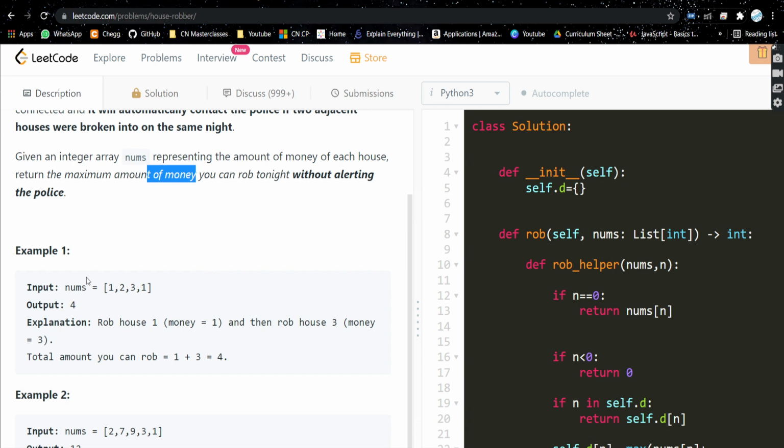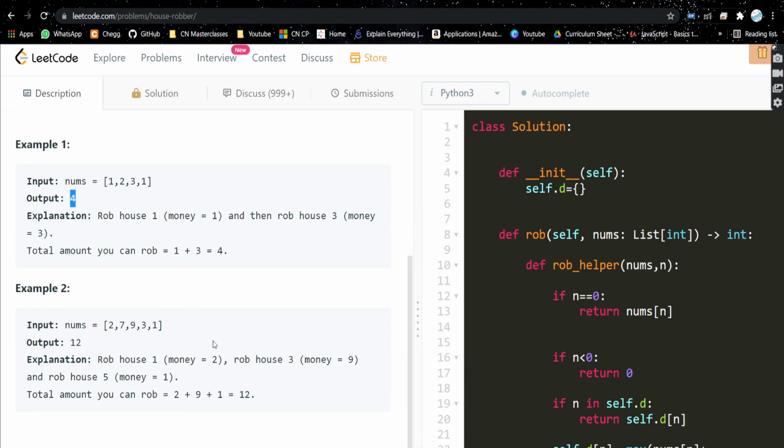Right. So if you see in this array, if we rob this first house which has 1 money, we cannot rob the adjacent one. So we will be taking 1 and 3. So 1 plus 3 will be 4. Or we do not take this and take 2 and 1, so it will be 3. One case will give us 4, the other case will give us 3. So we will take the maximum. So the output will be 4.